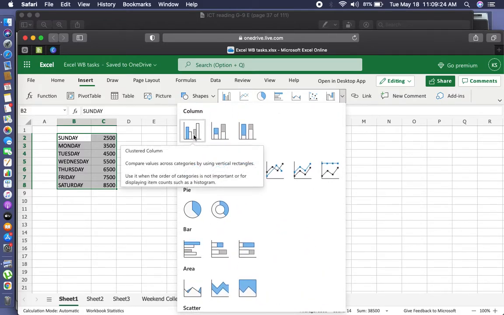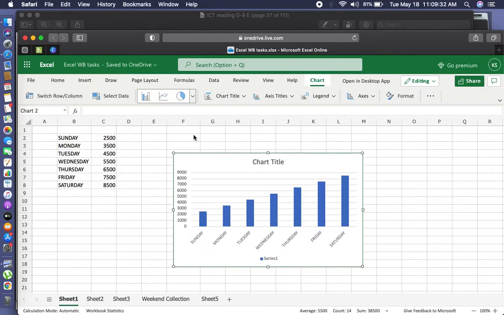For this example, I'm going to use the clustered column. This column will give me a chart like this. Now once you create the chart, you can edit the chart title using the edit button. You can edit the chart axis titles. The axes are like X and Y. You can edit the legend,